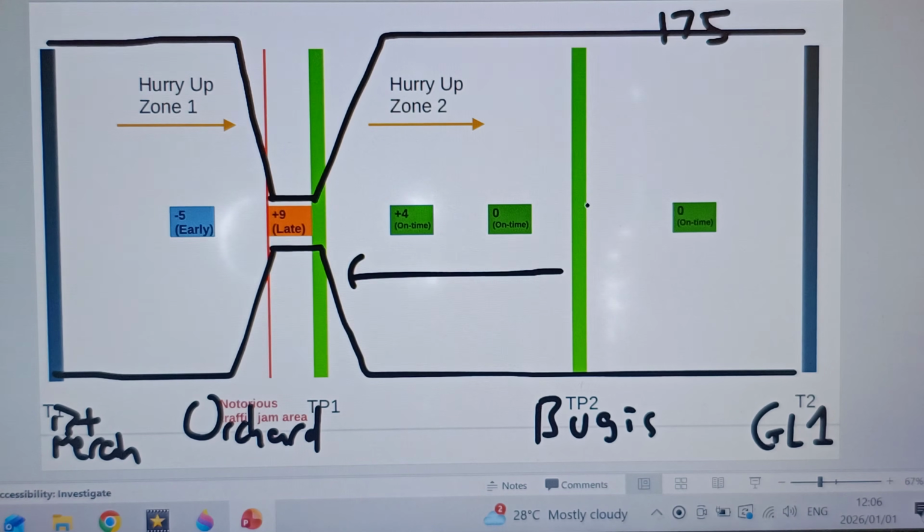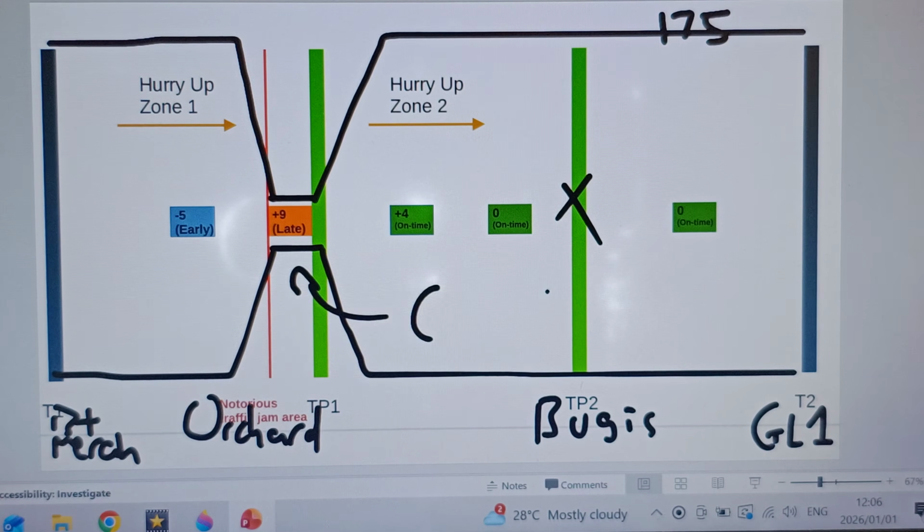But let's say you actually have to put a point stop here. I would say this could be applicable to expressway bus services as well, assuming that you actually have a point stop over here that you have to follow time. So the hurry up zones is basically a measure, a reaction, to attempt to at least ensure that you don't get screwed too badly. Like, you're gonna get screwed, but how do you cushion the impact, basically?